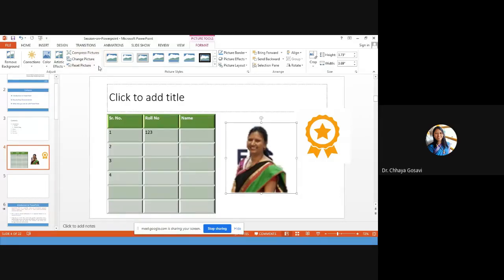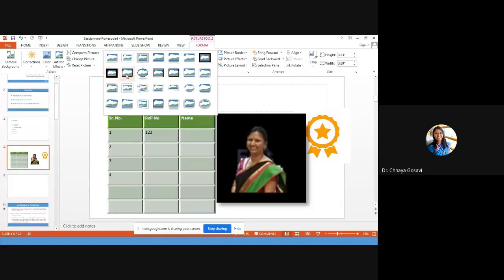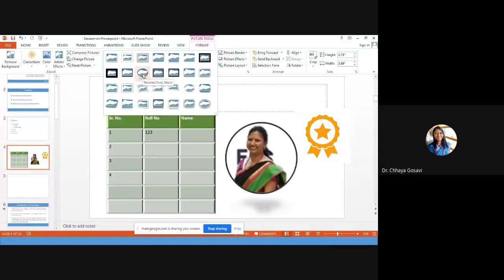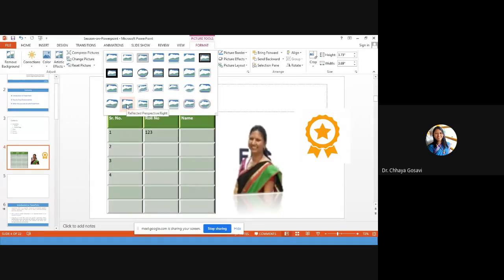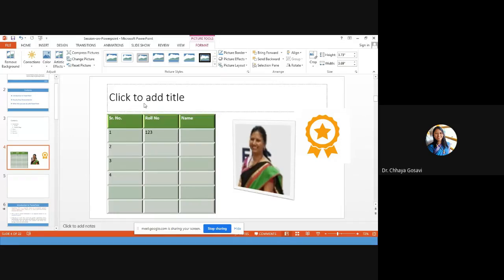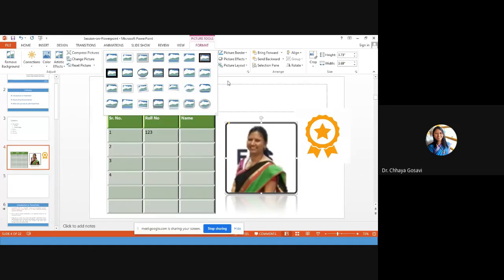Then there are the themes, like I can choose various frames. So this is the frame for my picture. Here, by default frames are given. You can choose whatever frame you want. I want a 3D effect, so this can be there, or give the border like this.